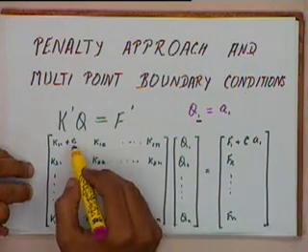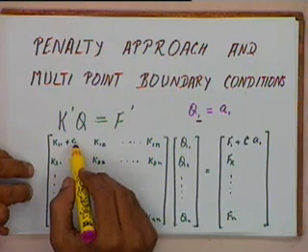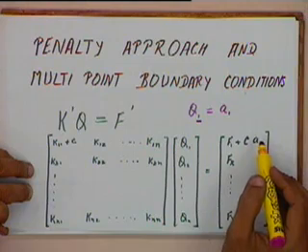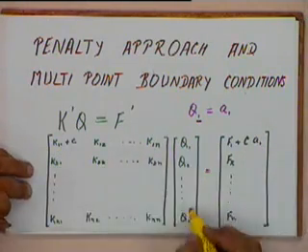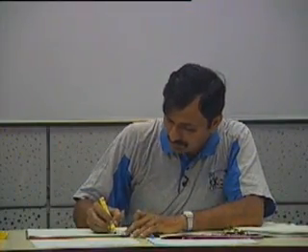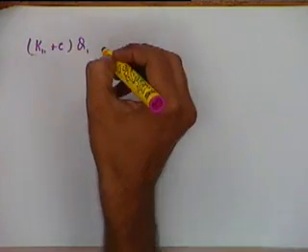That is the only place where this value c is coming. Okay, c is not appearing anywhere else in the equations. So if I just write down this equation, the expression would be k11 plus c times q1